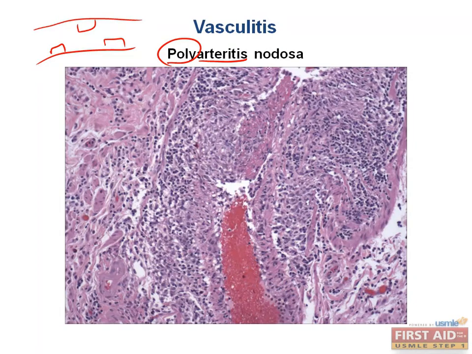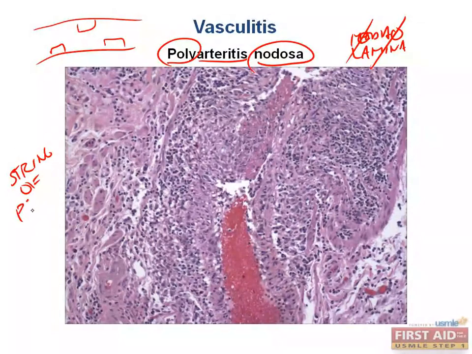Now what about the nodule part of the name? Nodosa. Remember how we said that when we cause damage to the media, when we deposit antibodies there, again this is an autoimmune vasculitis, we're depositing autoantibodies in some sort of vessel. So we damage the media and the laminae that hold together the artery. So these are blasted out. Now what's happening in this disease is that we're causing complete or transmural damage in random segments all along the vessel wall. And this can lead to the classic string of pearls appearance on some sort of angiogram or any